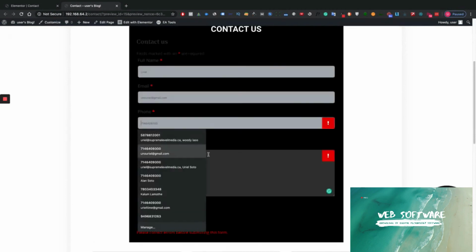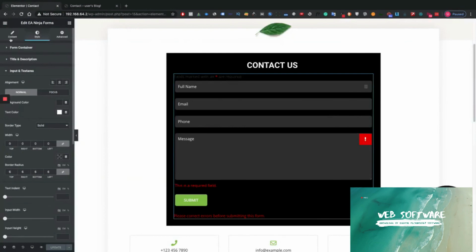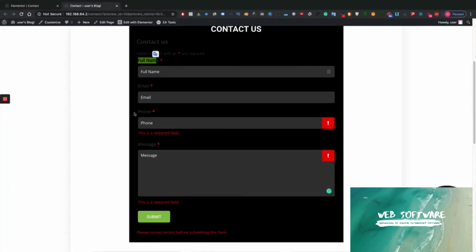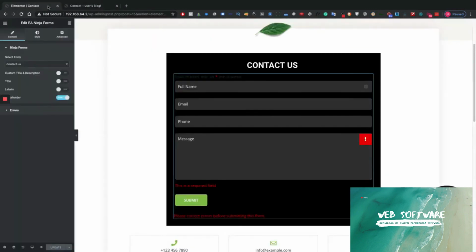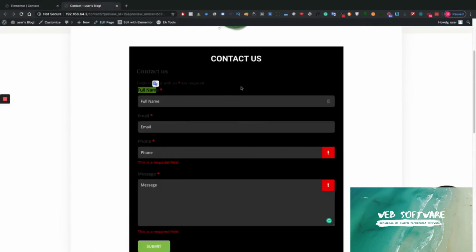And I know that you're seeing that it's adding these labels at the top. We don't want those, so usually you just select this. You have to hide these, but for some reason they're showing. Probably might be different on your website. But yeah, so that is pretty much how you create a contact form using Elementor. I hope